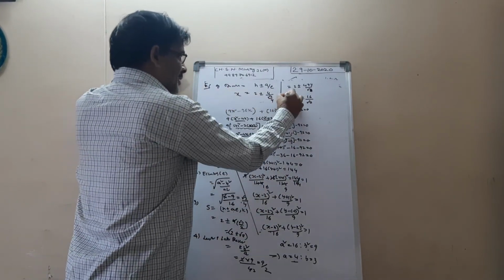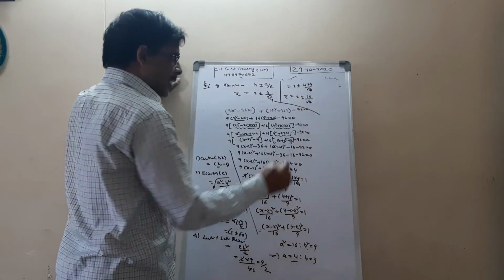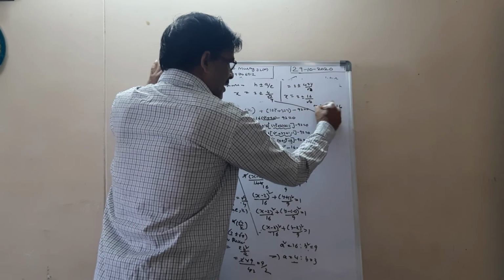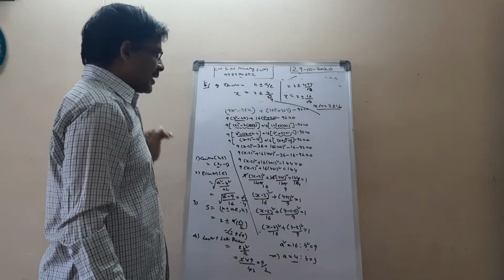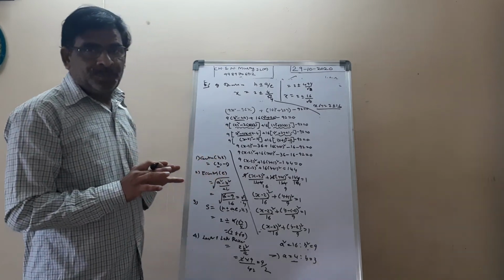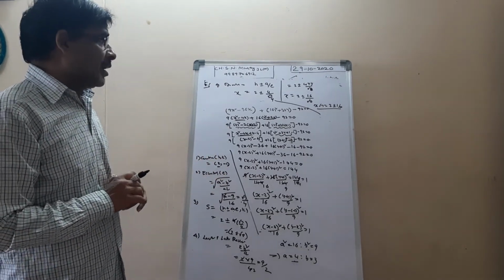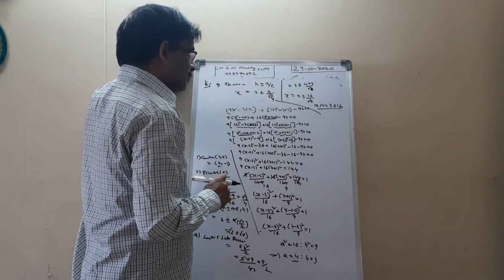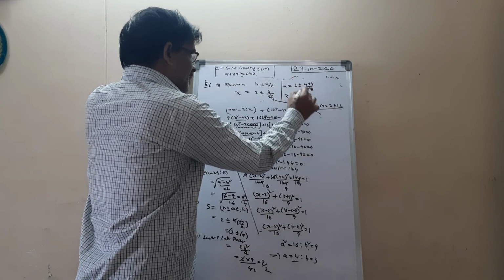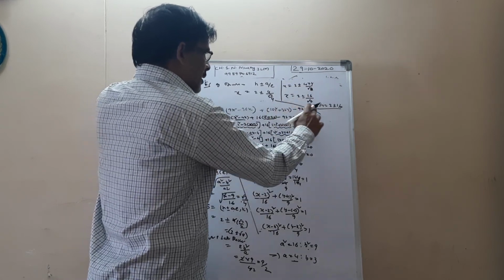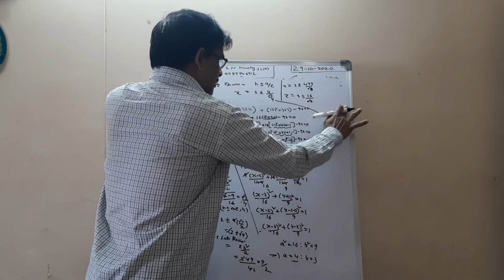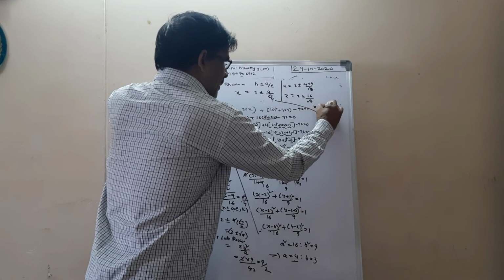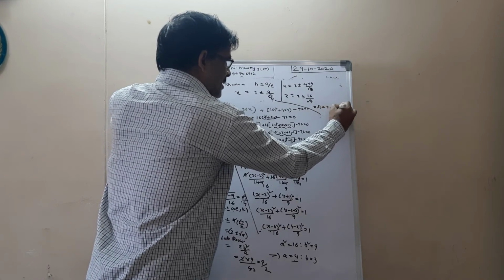That is x equals this. Or if you cross multiply, x√7 equals 2√7 ± 16. See, this is the equation of the directrix. Here also we have to write x√7 = 2√7 ± 16.